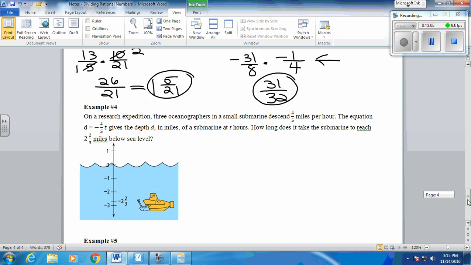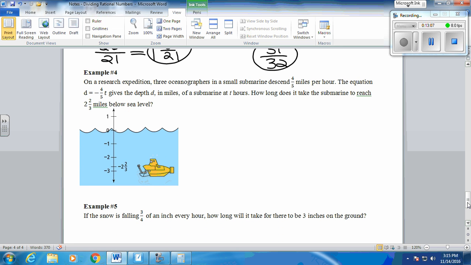Number 4 says that on a research expedition, 3 oceanographers in a small submarine descend 4/5 miles per hour. The equation D equals -4/5 T gives the depth D in miles of a submarine at T hours. How long does it take the submarine to reach 2 2/3 miles below sea level? So I'd like you to notice that because it said descends 4/5 miles, that's why they have placed a -4/5